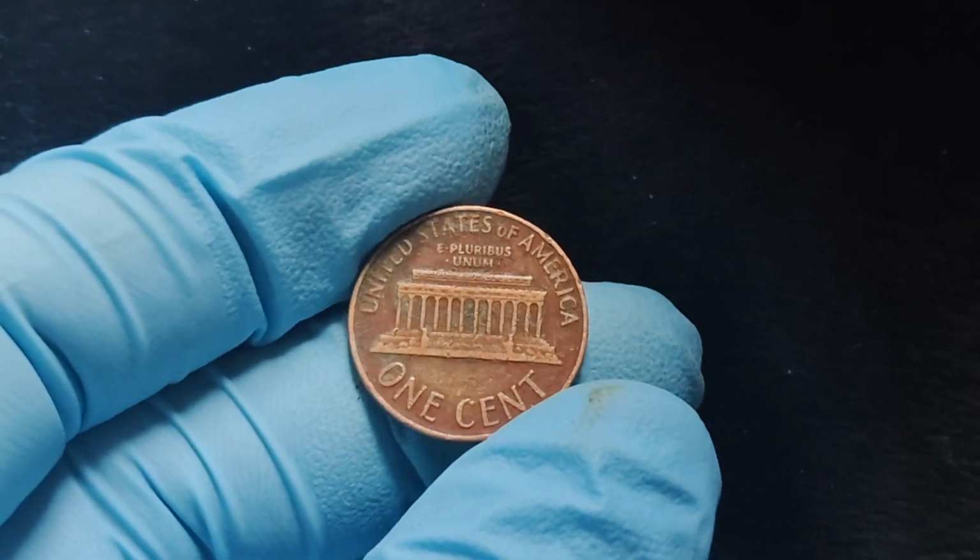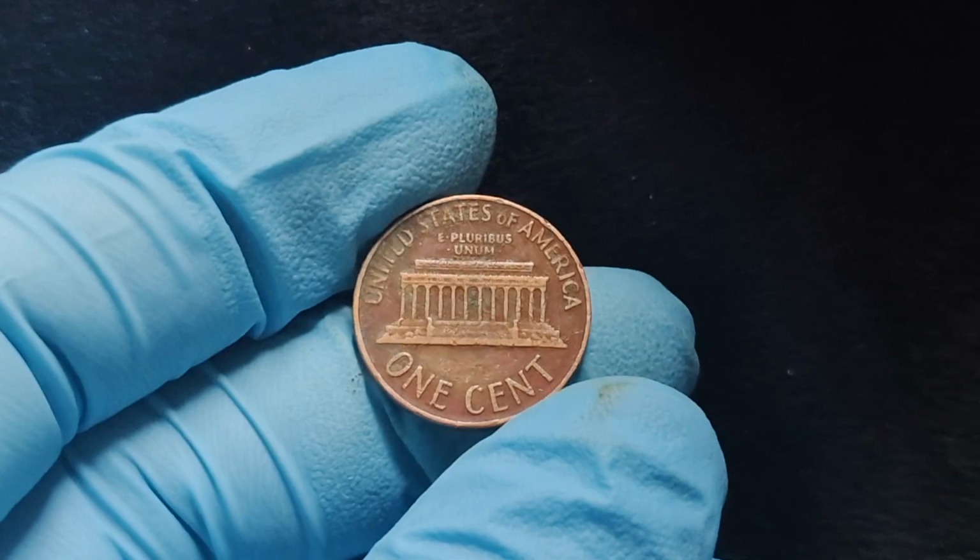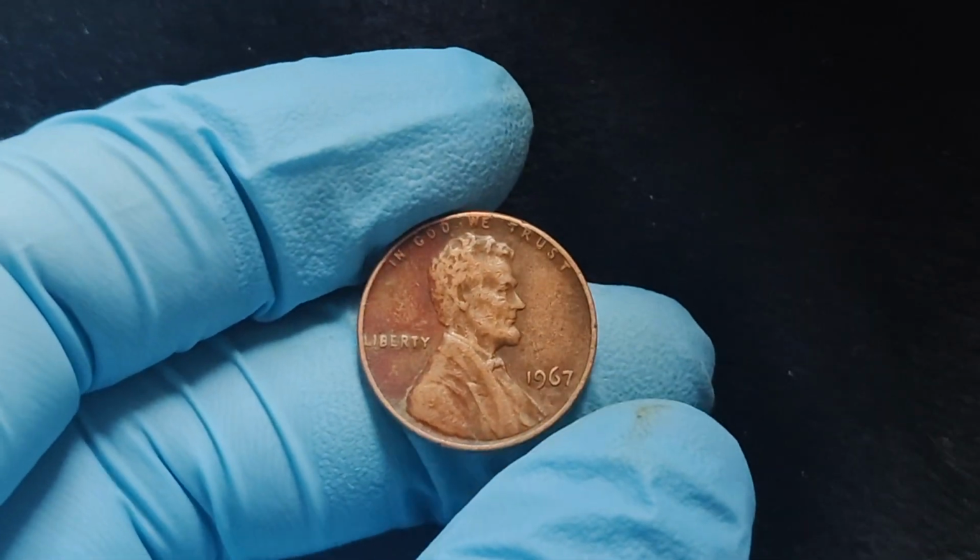That's everything you need to know about the 1967 no-mint mark Lincoln penny, from its history, rarity, to its jaw-dropping